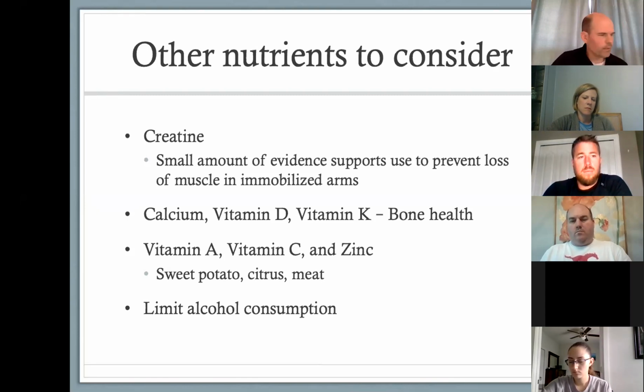Calcium and also vitamin K are very important for bone health. So bones are affected by injury, like I mentioned. So encouraging those calcium-rich foods. Dairy is very easy in terms of, if you have 3 servings of dairy per day, you can pretty much meet your calcium. We don't have increased calcium needs at this point in terms of injury recovery. However,